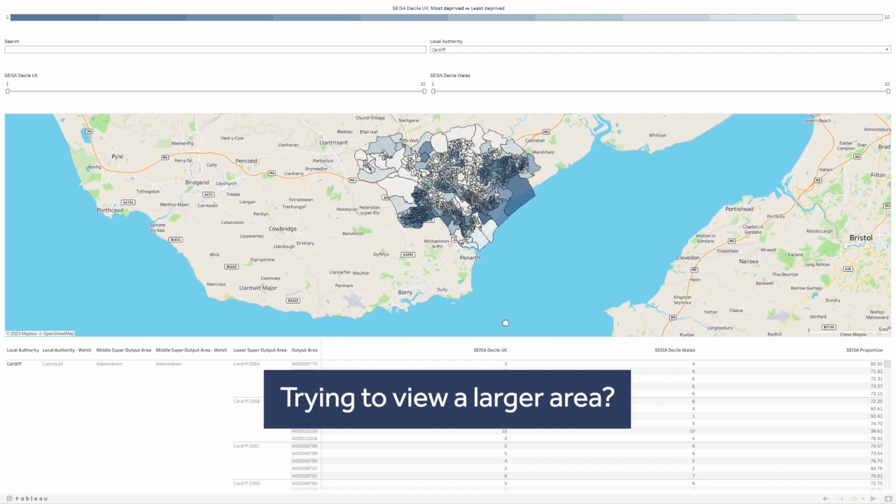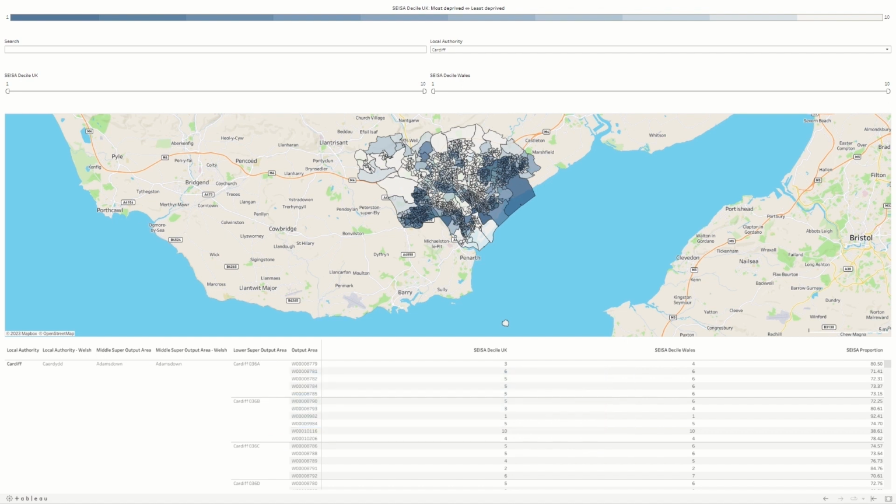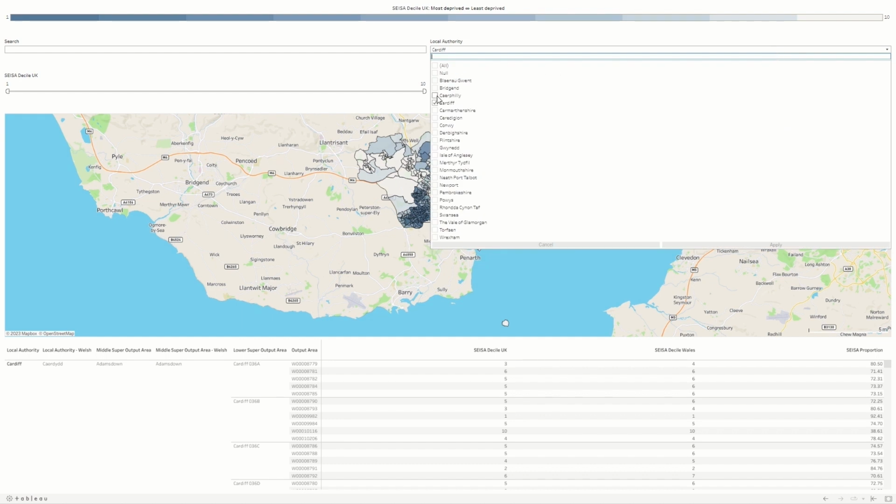The tools and filters that can be used with the maps only allow you to restrict the view of the maps. That being, you can only shrink the number of output areas you are viewing. You cannot increase them. If you wish to view a larger area, please utilise the Local Authority drop-down to firstly select additional areas. You can then use the tools to restrict this larger area.